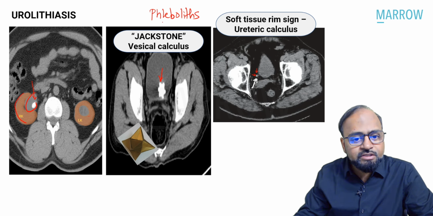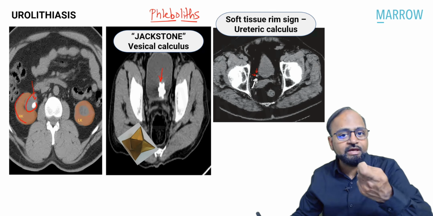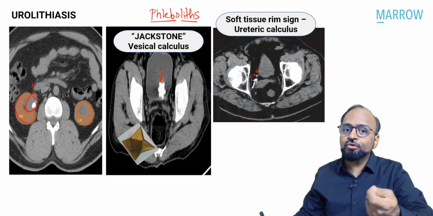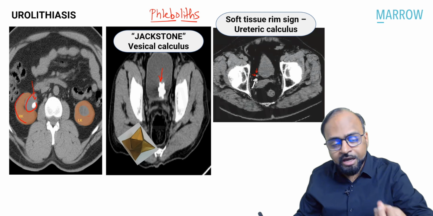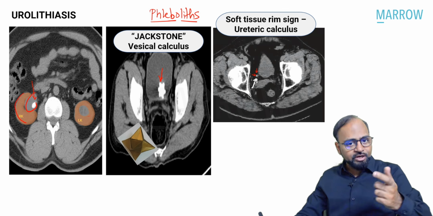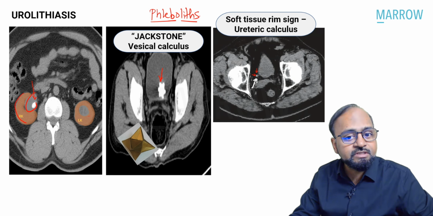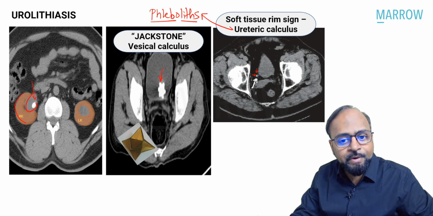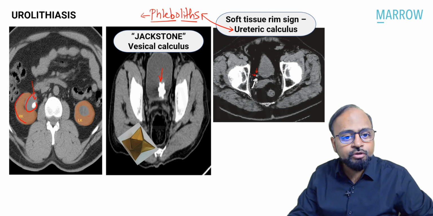What are phleboliths? Phlebo means vein, liths means stone-like or calcifications. So there could be some calcifications along the walls of the pelvic veins and they can be misinterpreted as ureteric calculi. So this soft tissue rim sign helps us distinguish between phleboliths and impacted ureteric calculus, because these phleboliths usually